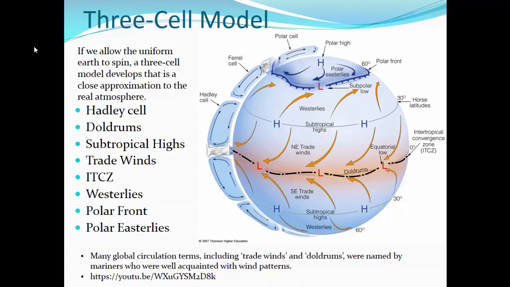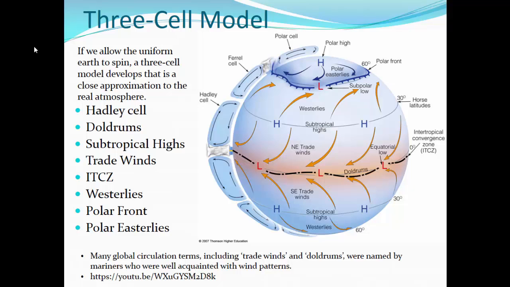Area of low pressure. Now, in the atmosphere, that warm, moist air rises. As it gets up in the atmosphere, it is robbed of its humidity. It moves north, as you can see, and then begins to cool as it moves north, and it sinks. So, the Hadley cell is composed of a belt of low pressure at the equator, and then secondly, a belt